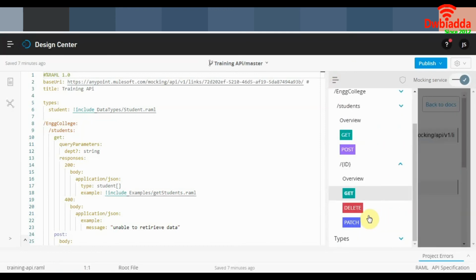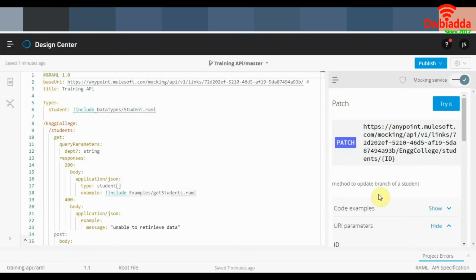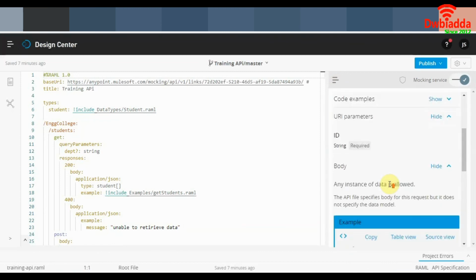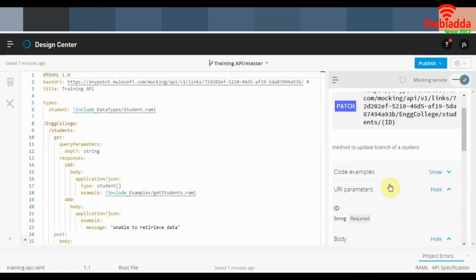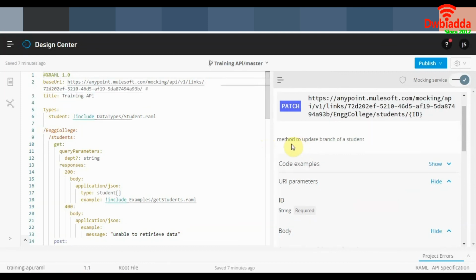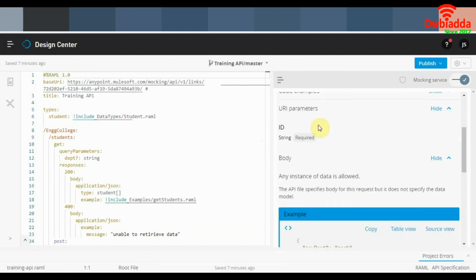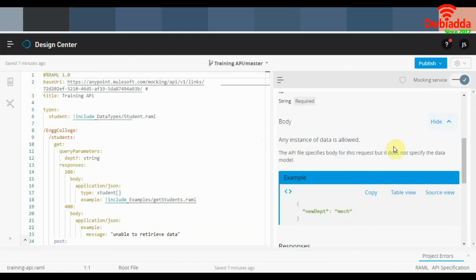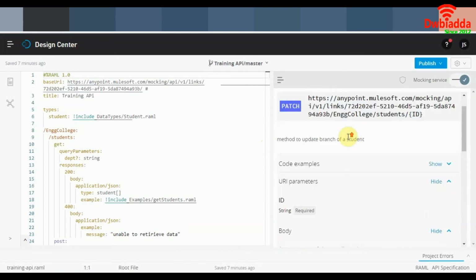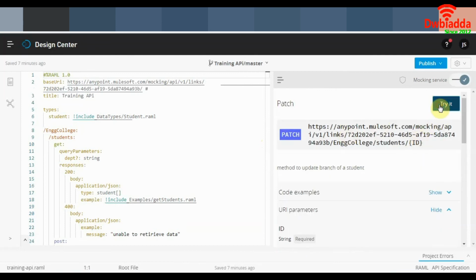Let's try out another. Let's try out patch. Here it shows us the description of the method, tells us the URI parameters required and the body required. This is the body. Let's try it.